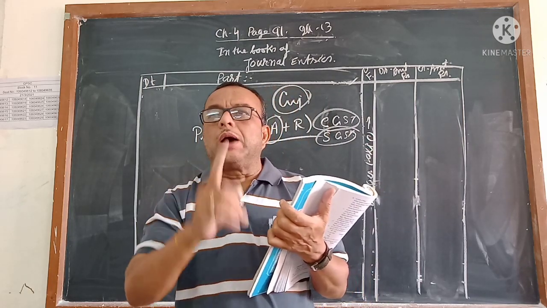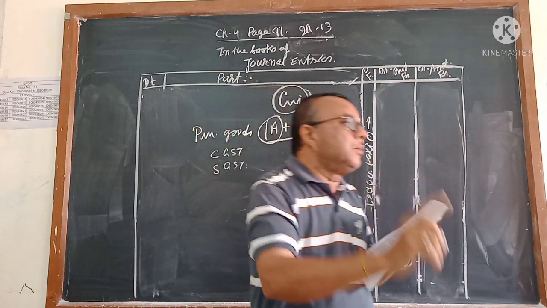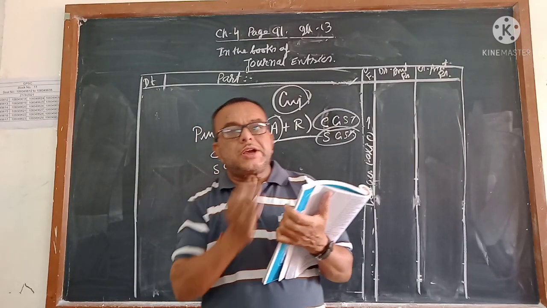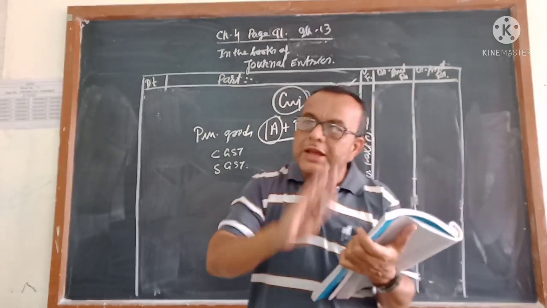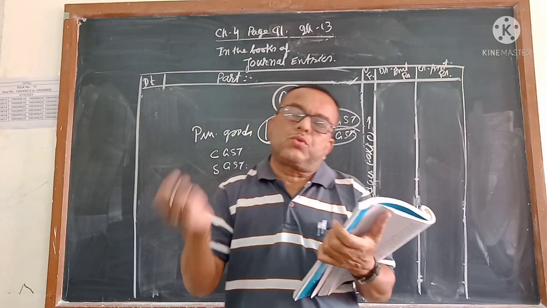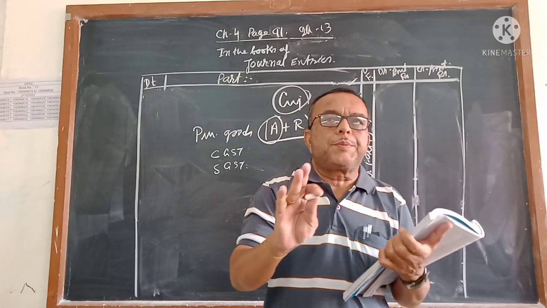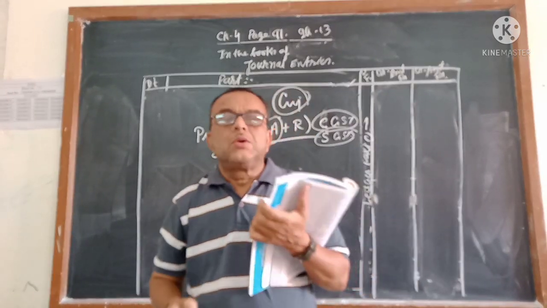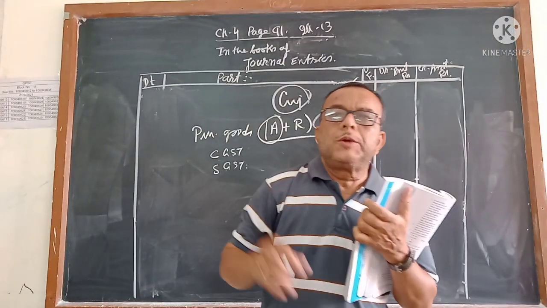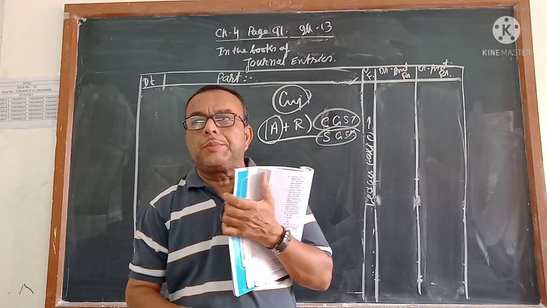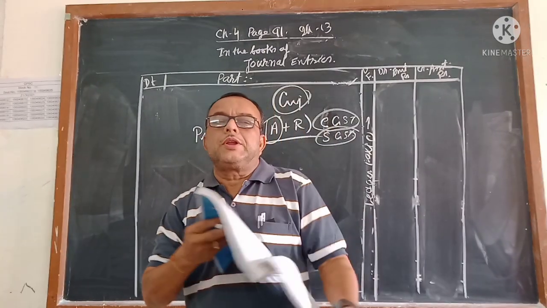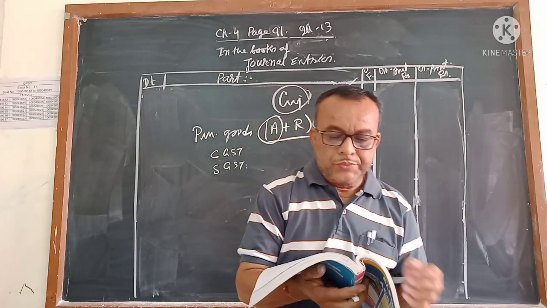Confusions will come. I want to tell you how you will remember. If you buy the goods, GST goes with the purchase account. If you sell the goods, GST goes with the sales account. Either it is central or it is state, whatever it is. Keep this point in mind. Confusion will come whether GST will be debit or credit. You know that if you buy the goods, the purchase account will be debit. So if you debit the purchase account, then the GST account will also be debit. If you sell, the sales account is credit and GST also will be credit.